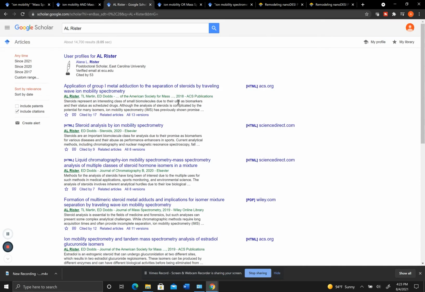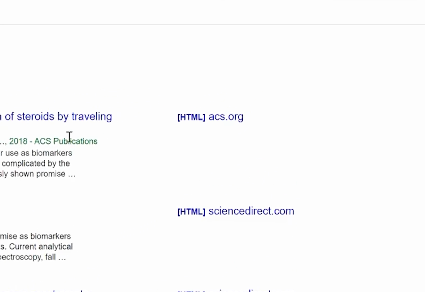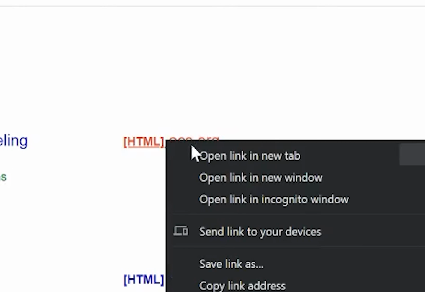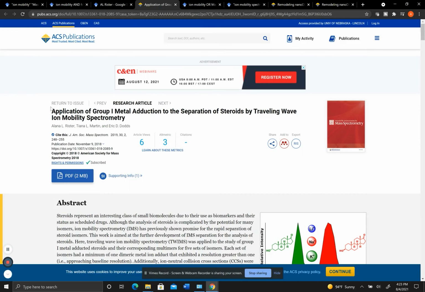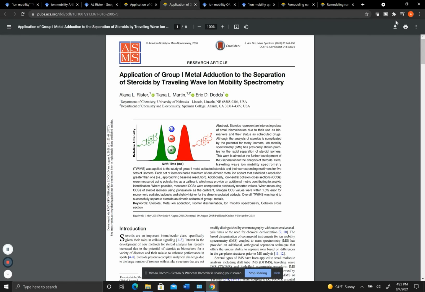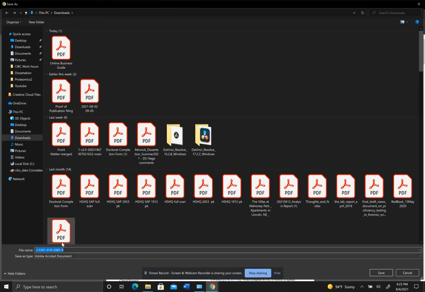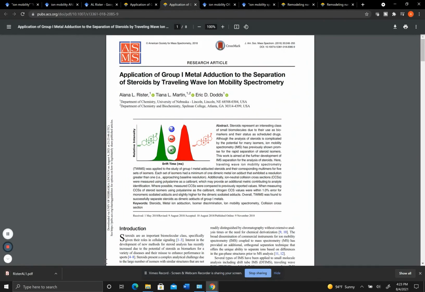And so there's a couple different ways that you can get them into your EndNote. The first way is to access the PDF and upload it into EndNote, and the second way is to just use the citation itself. So once you've loaded up your paper, you can go into the PDF and then download your PDF. And you can save it to what you need to save it to and then download it.